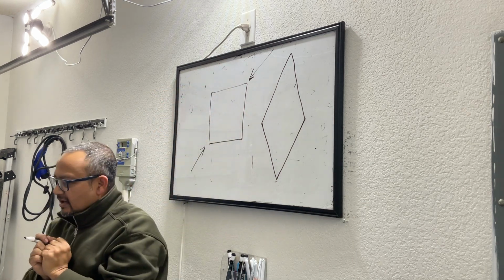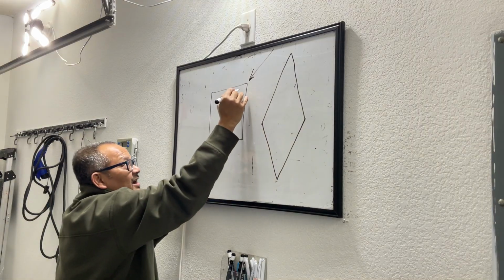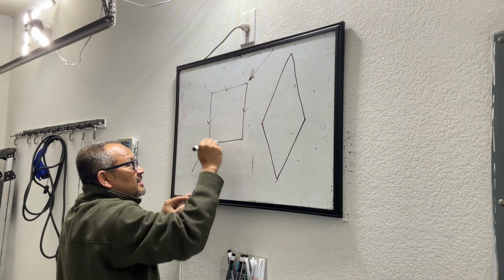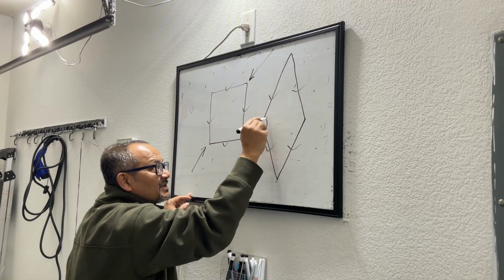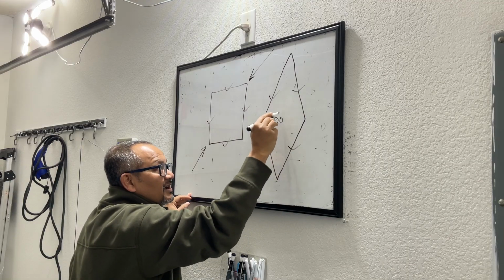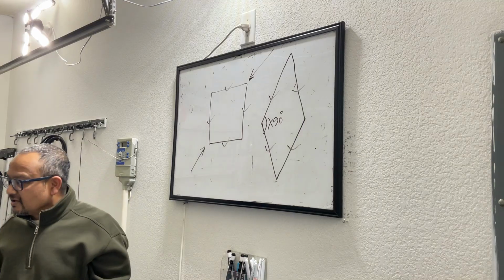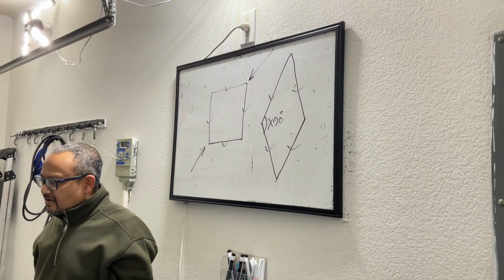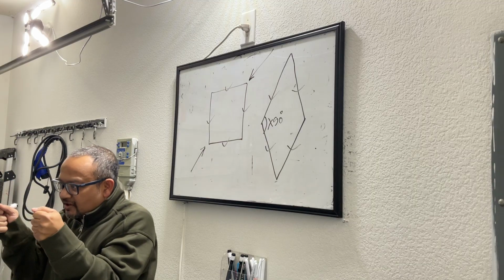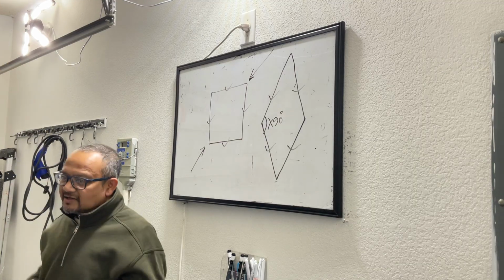Okay? So earlier every side was of same length. Now also all the sides are of same length. But the angle is not right angle. Angles are not 90 degree. This is what is rhombus. Okay? So if you squeeze a square, make it thinner and taller, that is a rhombus.